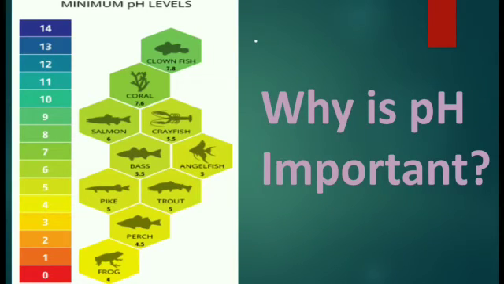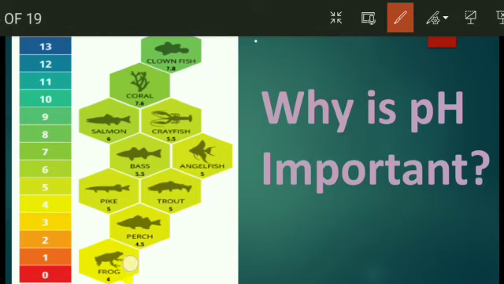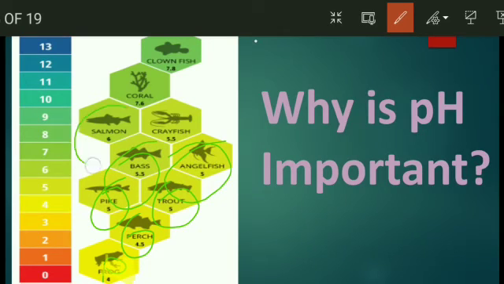Next one, why is pH important? See here, the animals which can live according to the pH of water. This frog can live even in acidic nature, up to a pH value of 4. Or when it comes to pH, it is 4.5, and pike, some kinds of fishes, can live up to 5. The angelfish can live at pH 5, and salmon at 6, and coral reefs can live at pH 7.6, and clownfish can live up to the basic nature of 7.8.